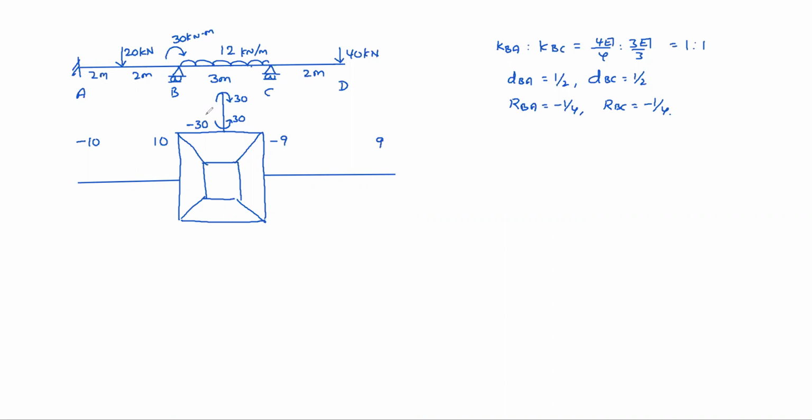I will circle all fixed moments with some color. So this is a fixed moment, this is a fixed moment, this is a fixed moment, this is a fixed moment, and this also is a fixed moment. For the 30 couple, just take a leg and apply 30 on that. So for that, the fixed moment will be opposite of 30, that is minus 30.